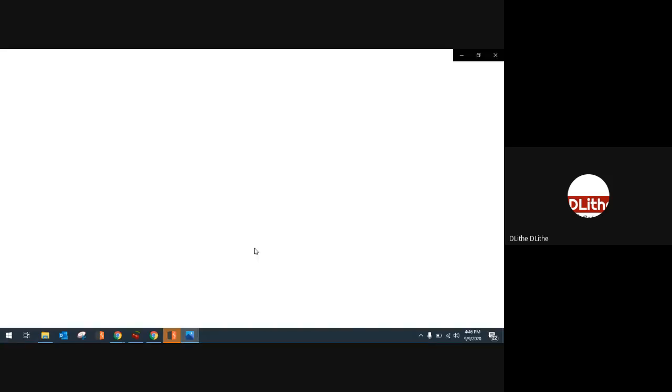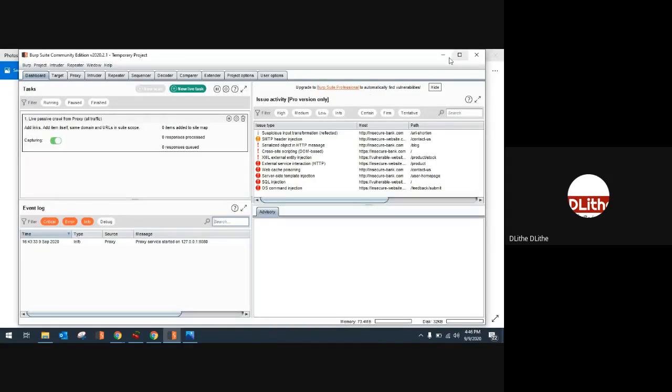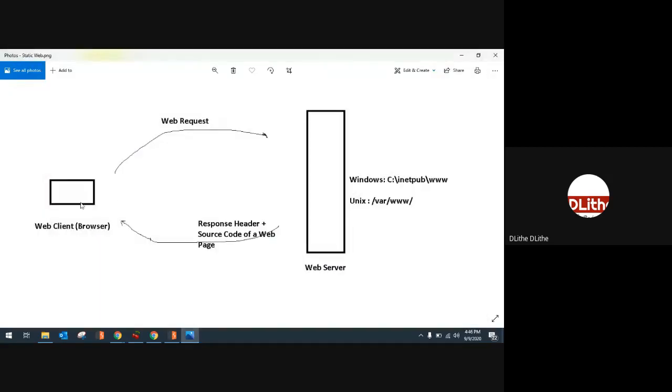So this is a combination of how websites and your browser communicate. When you go to Google and type www.google.com, whatever you type is converted into a web request and sent to a web server, and the web server sends the response back. It's the job of the web browser to render that particular code and give you the content, which means HTML is basically a tag-based language.